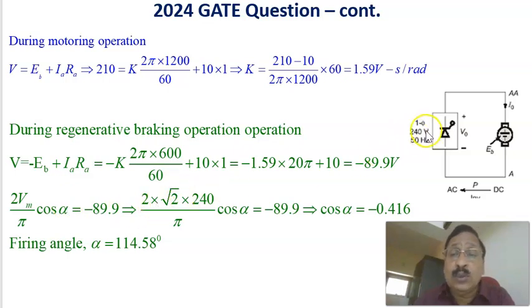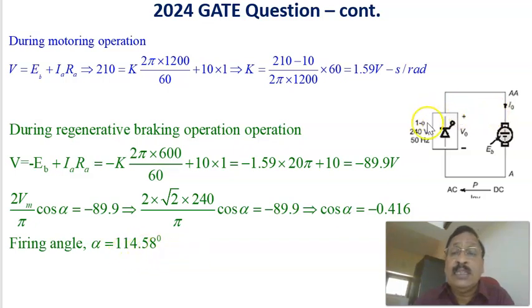here 240 volt is the RMS value. Root 2 into 240 divided by pi into cos alpha equal to minus 89.9, or cos alpha equal to minus 0.416, or alpha equal to cos inverse of this value, so we get the firing angle equal to 114.58